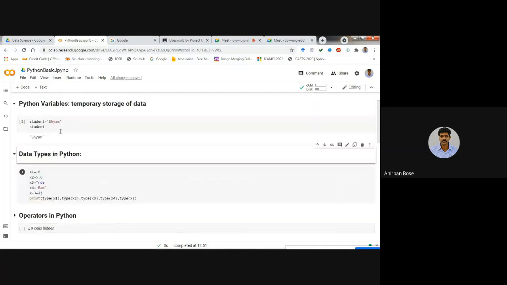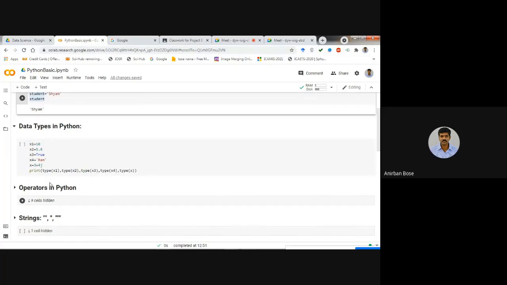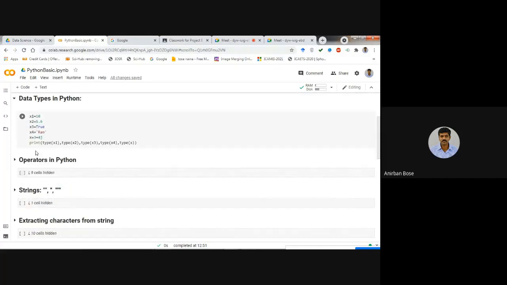Okay, so that is why here you see you have given a name student and where you have assigned sham, but you can't give any variable name like true. Since it is a particular keyword used in Python, you cannot give the name of a variable as true, like capital TRUE. In that way you cannot write, because this is a special word. So these true and false are basically the Boolean kind of a data type.